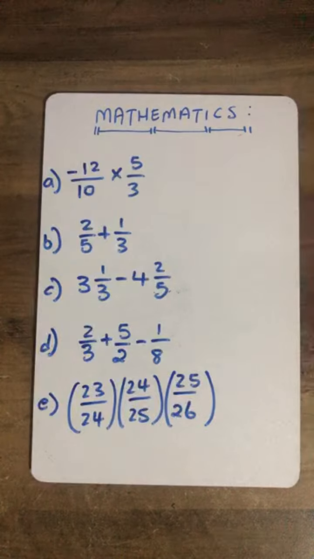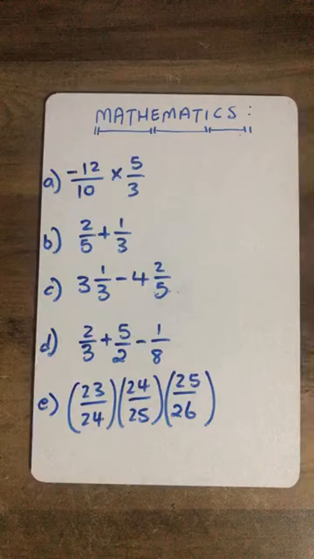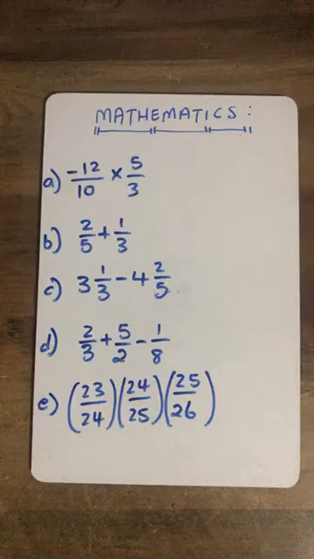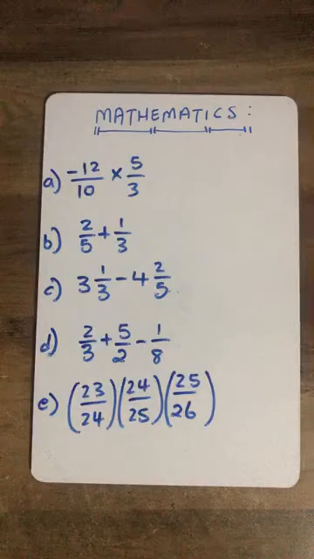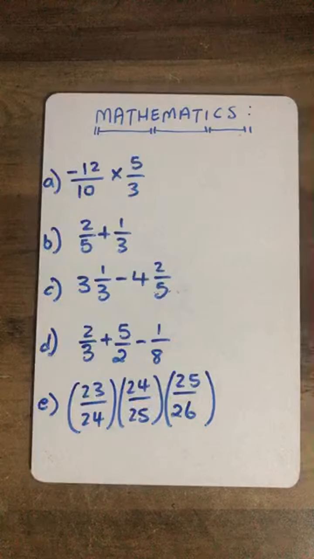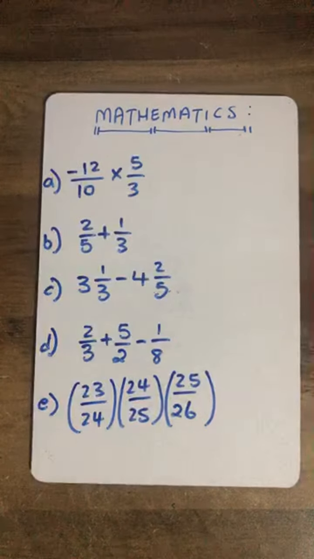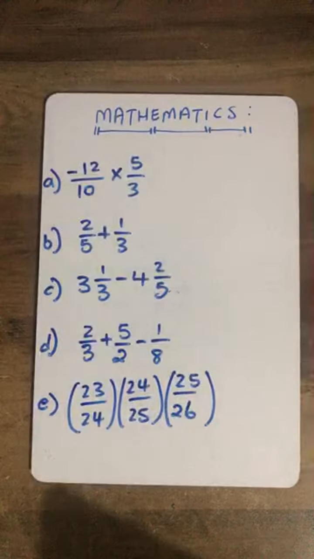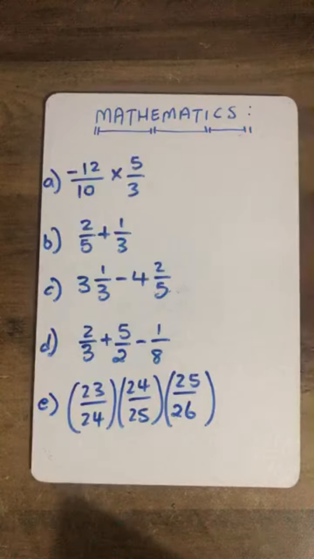You've got A, B, C, and A, B, C, D, and E. Try work them out, and then the first one to get all of those, we continue. So that means you might need to be quick enough. The first one to get all of them, you need to get them correctly. So that means you start with A, you go to B, you go to C, you go to D, you go to E. Then let's see what you guys are getting. I'll give you guys enough time. I won't rush you. Then from there,